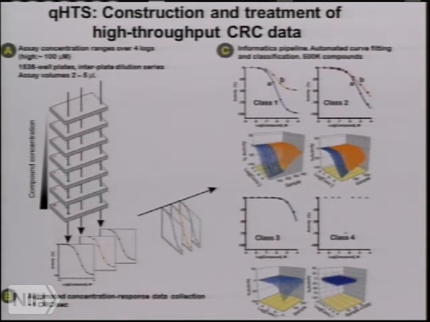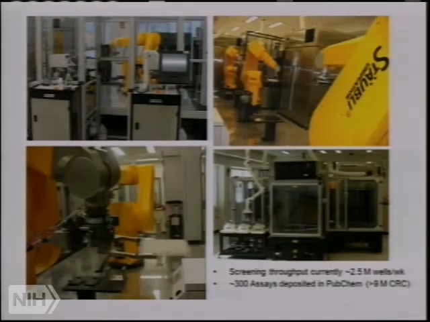So yes, we front load the library with having to run more plates at the beginning, but we recapture some of these costs by having to retest fewer compounds, because embedded in this system is the detection of a lot of these instrument-dependent false positives. So all of this is done automatically at the average rate of about 1 dose response per second when you average out the multiple samples tested. And the average size of our compound library is right now about 500,000 compounds. So this is another way to sort of look at the system through various photos.